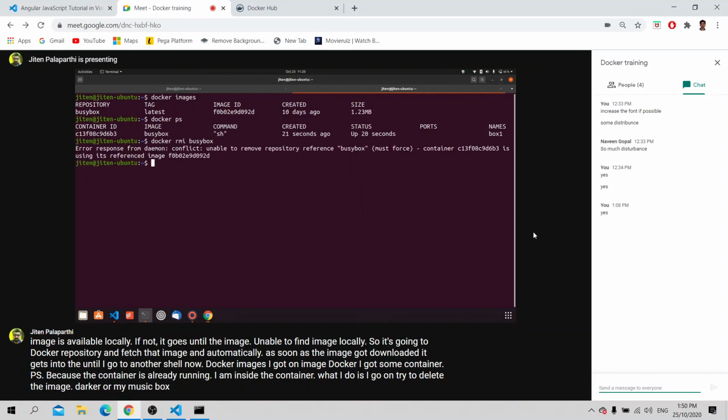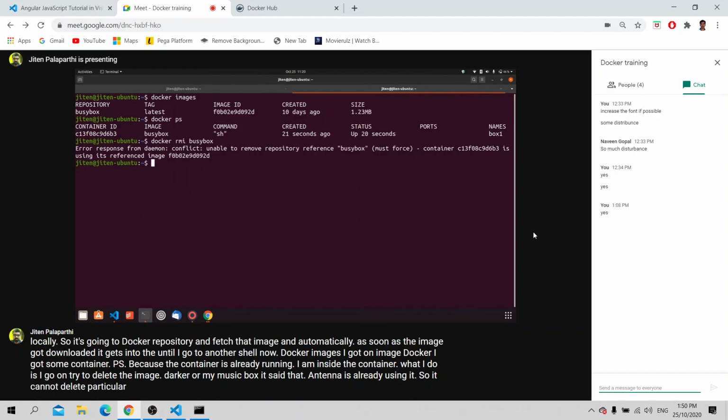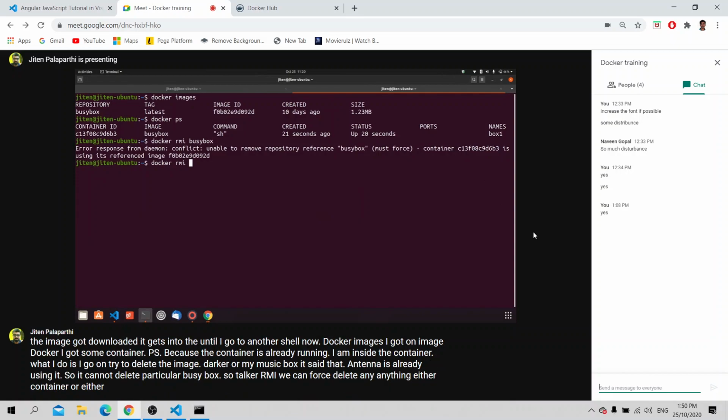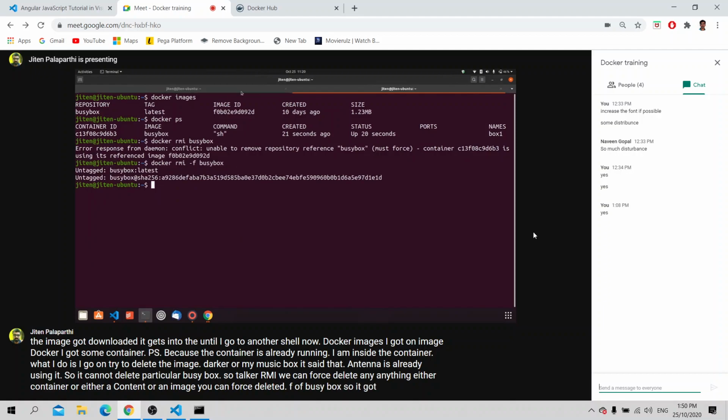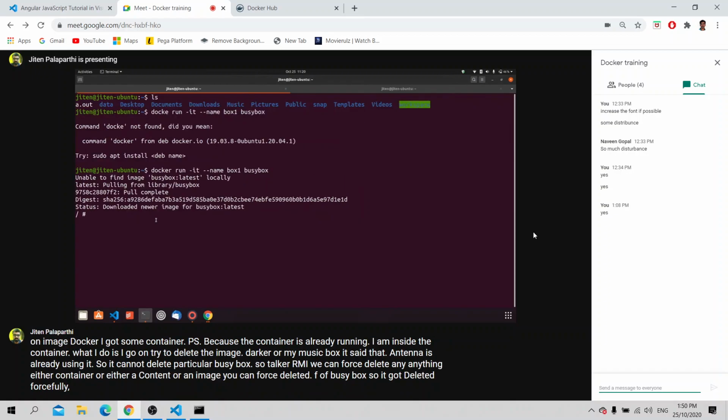It said the container is already using it, so it cannot delete busybox. So with docker rmi, we can force delete, either a container or an image, using -f. Docker rmi -f busybox. It got deleted forcefully, but still my container is running.